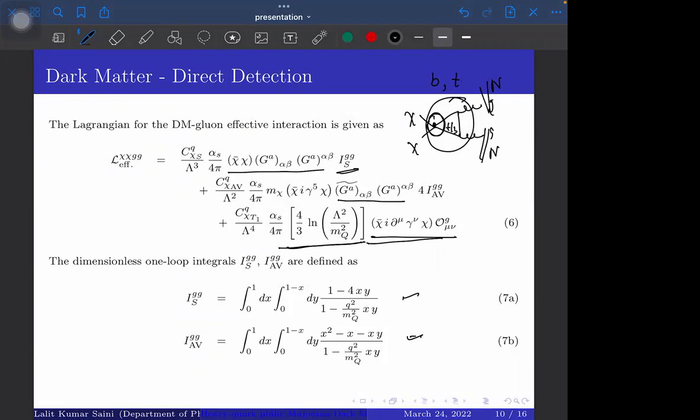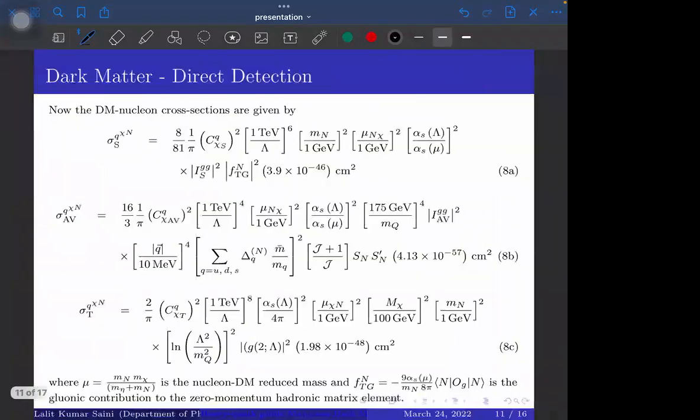Now using this dark matter gluon effective interaction, I can see what the cross section is for the dark matter with the nucleon. I am going from the top to the gluon degree of freedom by solving the loop, then from gluon, which is the partonic degree of freedom, to the nucleon degree of freedom. So for that I have to match the